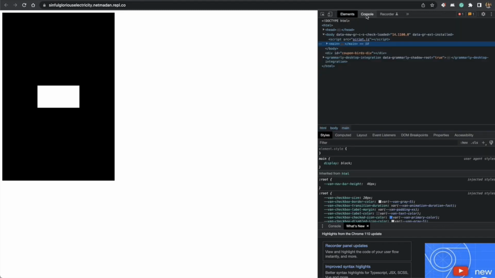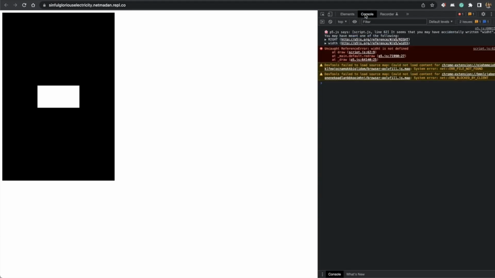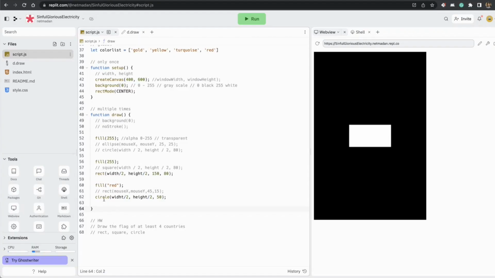If you don't see your console here, maybe it is at the bottom. I have it open on both the sides, but it should be there. If this is also not visible, try clicking on this and pick console. Okay. And now if I click console, I can see the error. It says WIDHT is not defined and it says line number 62, position 9. So that way I know the error is in line number 62,